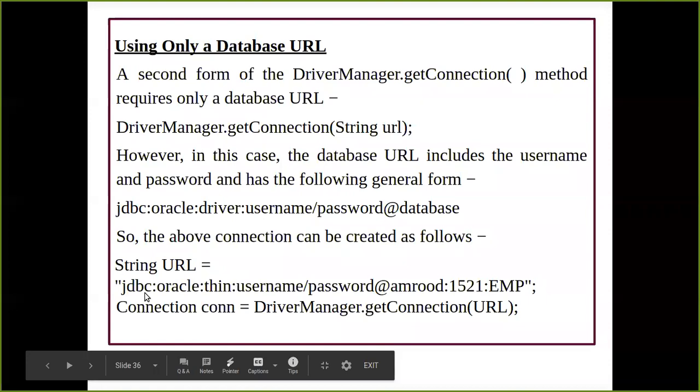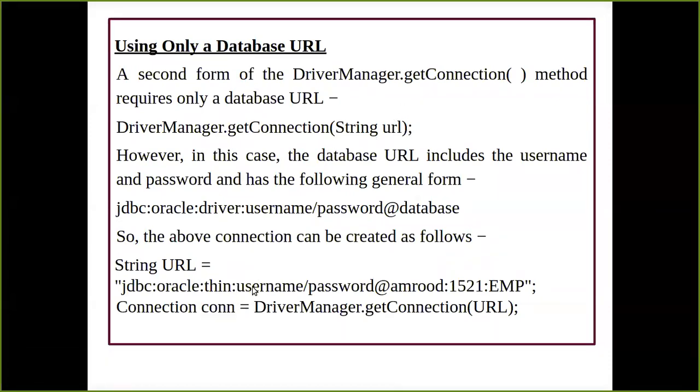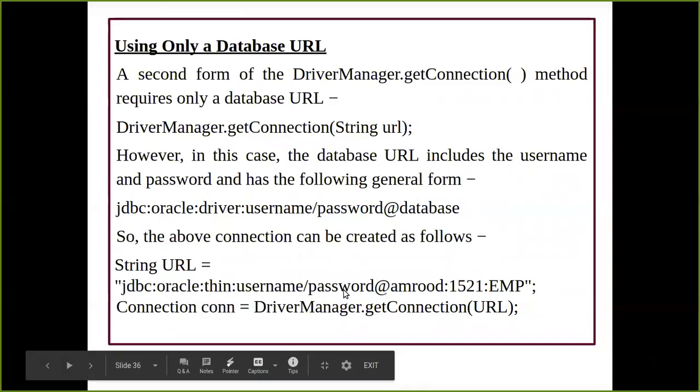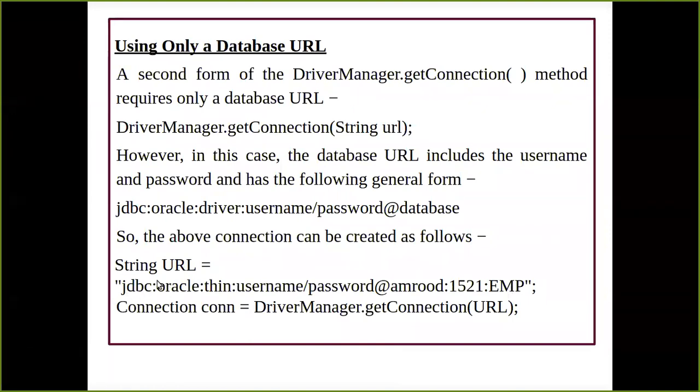Okay, so now we have JDBC Oracle, we are going to have a thin driver. And what is the format of writing when we are going to have only a single URL? That is going to be your username and password. For example, username which I have given as root slash, and the password we have given, XYZ123 at the rate, this is going to be your host name, this is going to be your port number, and this is going to be your database. So in one single format we have everything that we did in the previous example. So this also we can go ahead with this format.